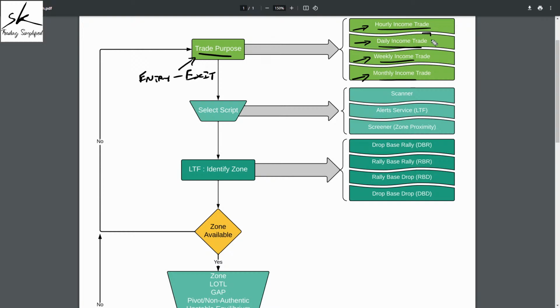Now, by definition, I say daily income is a trade which can last for a day or a few days. But if you are trading markets which are not 24 hour markets, then I'm pretty sure all of you would have experienced that whenever the market opens, some symbols gap up, some of them gap down. Because of this, if you get a gap in your favor, you might get more profit than you were expecting. But if you get a gap against you, you can also lose more than what you were willing to lose on that trade. So we understand that whenever we keep a position overnight, it has that inherent overnight gap risk,